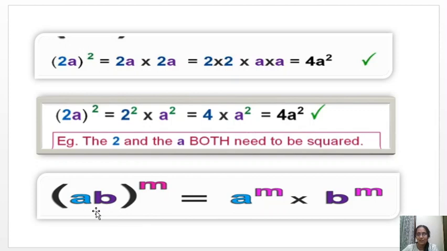Let us generalize with the variable. You can assign any value for a and b, and for m you can assign any value from 0 to any large number. So here bases are different. A and b are different. You can note with the different color. It is very clear from the different color the bases are different. There are two bases here, a and b. Whole to the power m, that means a has to be raised to the power m into b has to be raised to the power m.